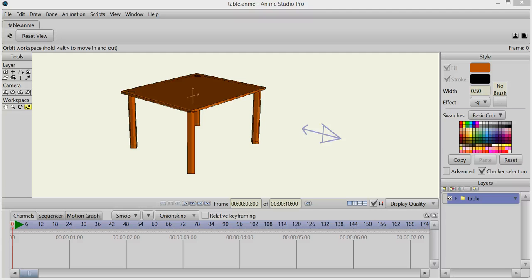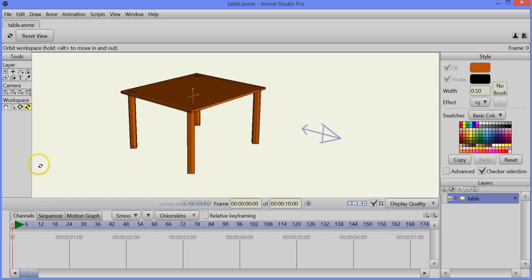Hi, I'd like to give you some examples of how the camera works by looking at this 3D table that I created with actually nothing else in the environment. So what you're looking at right now is I've selected the Orbit tool in the Tools palette under Workspace, and